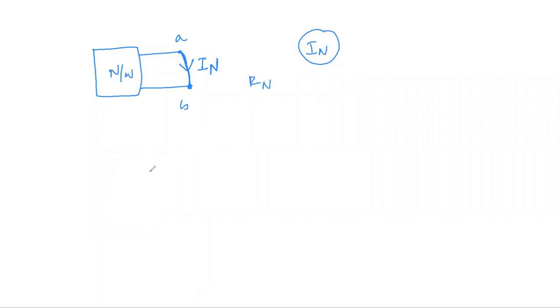So now we have to replace this network with a Norton equivalent. First, replace it with the current source IN. And this RN: previously in Thevenin's case, you connected the Thevenin resistance in series with VThevenin.